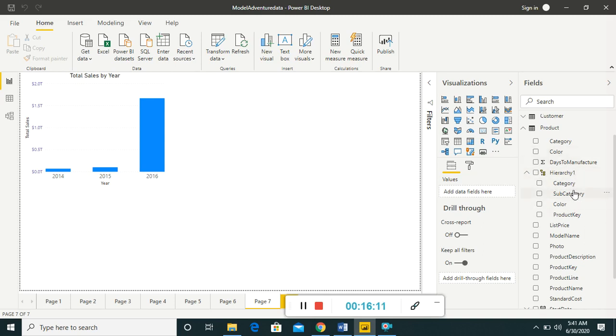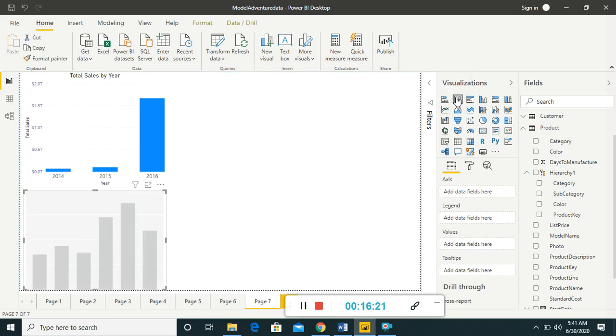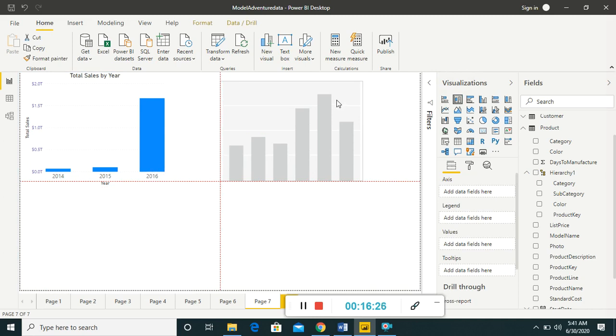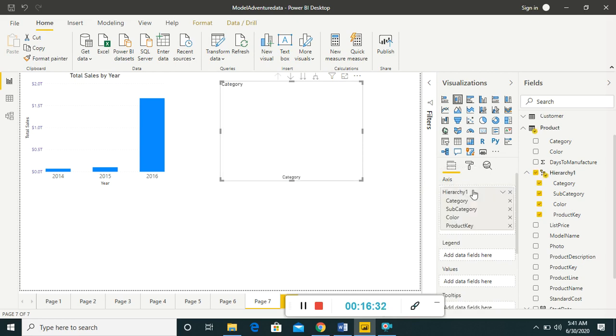So to understand the advantage of it, let's create a visualization. So take a stacked column chart. Now drag the hierarchy over here.